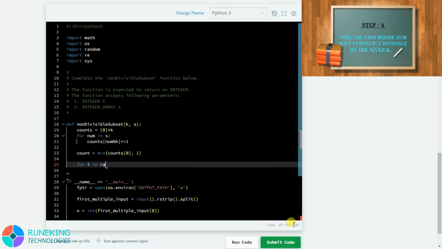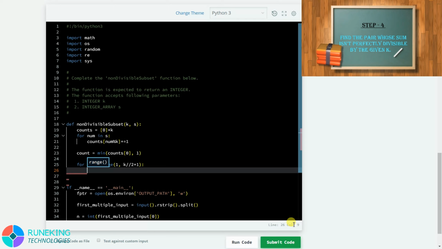So for i in range, we will start our range from 1, not from 0, because we have already considered 0 in the previous line, and our range will go up to k/2. So we will put k/2 plus 1, that means half, and here we will use an if condition.